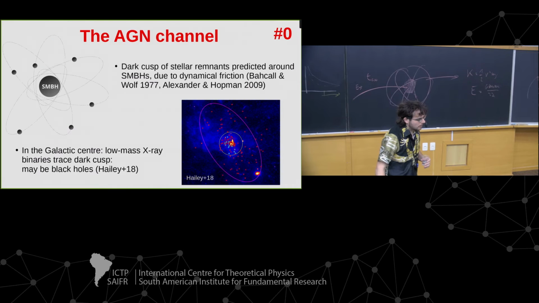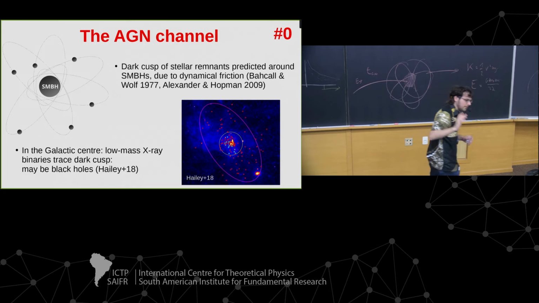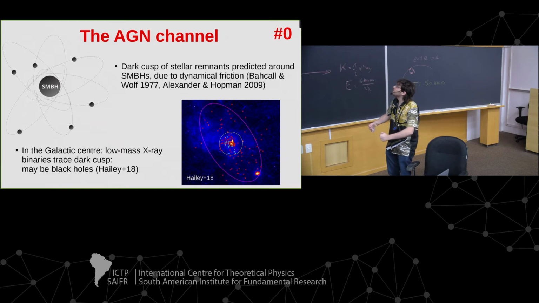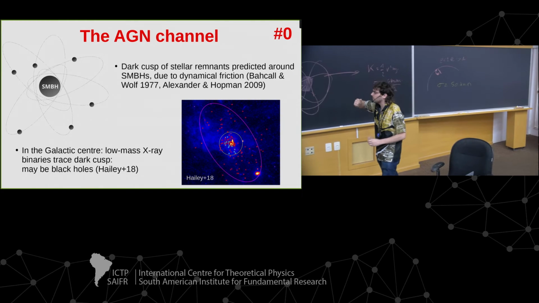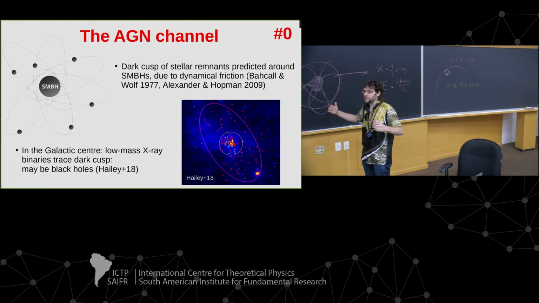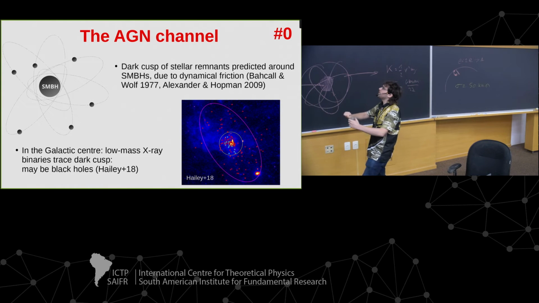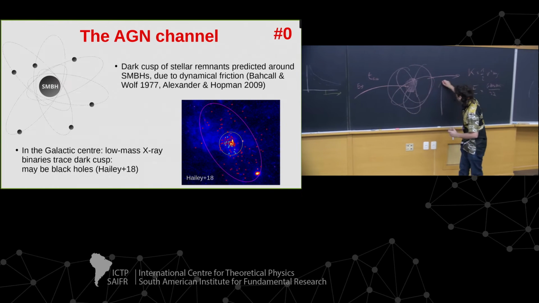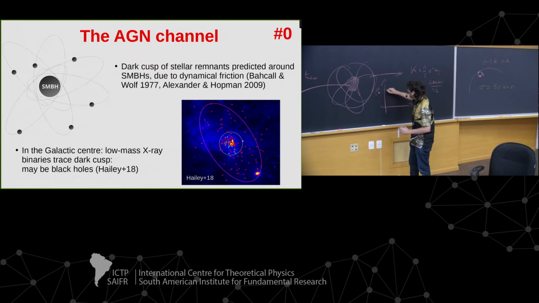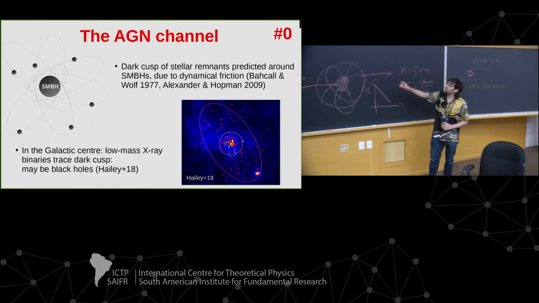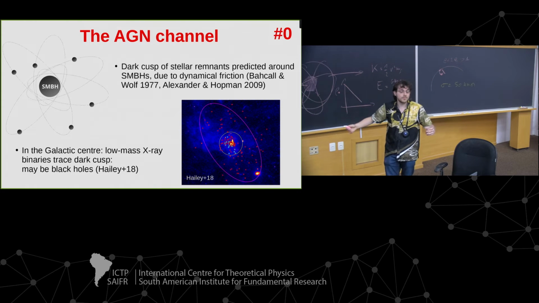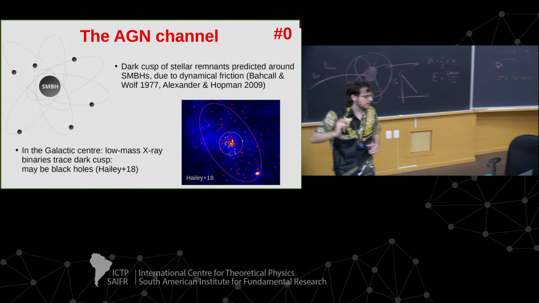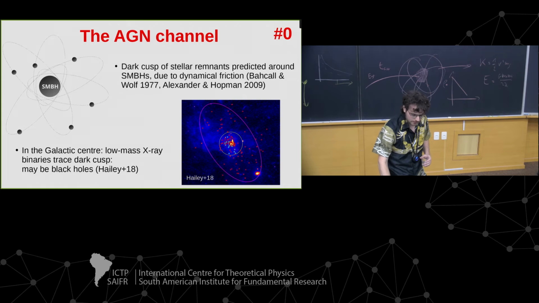The main idea is that you have the supermassive black hole at the center of a galaxy. They're quite massive, and they attract a lot of stuff. So if you have a nuclear star cluster, eventually black holes will tend to sink towards the center of the galaxy and will form a cusp. If you look at the density of these black holes, it would form a very steep cusp around the supermassive black hole, just because they're the most massive objects in the galaxy, and eventually they sink in. And this is supported also by observations in our galactic center. So there might be a dark cusp in our galactic center.